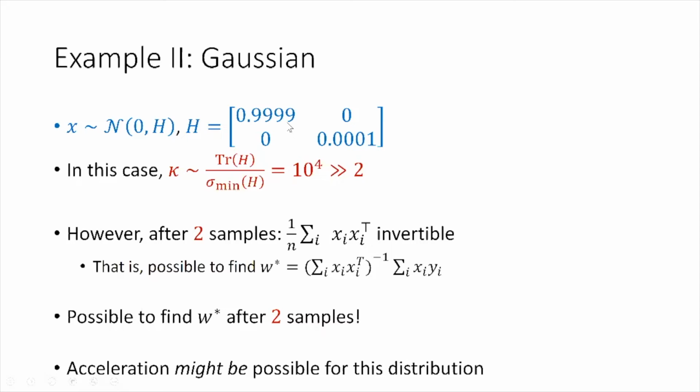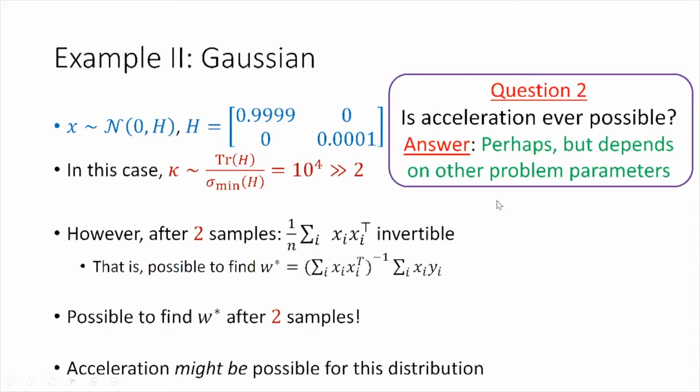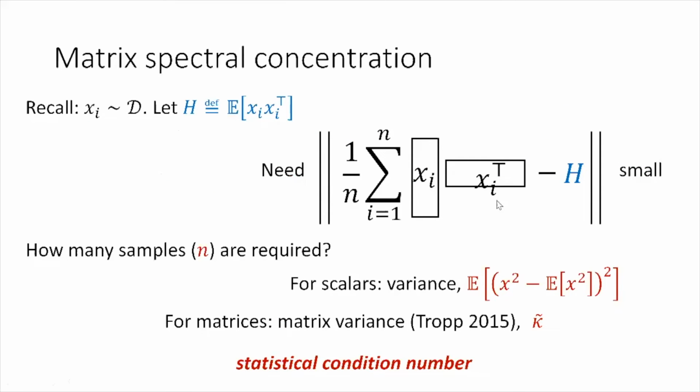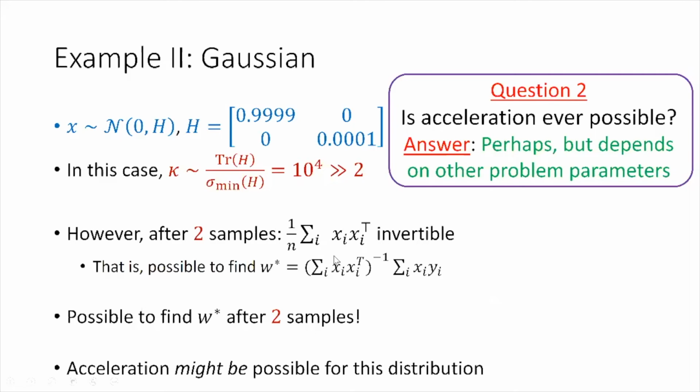Even here, we are getting only uniform samples from the distribution, but the distribution here is Gaussian. So the answer to the second question is that acceleration might be possible under some settings, but it does depend on other problem parameters, right? When we dig deeper into the information theoretic quantity that can help us achieve faster convergence of the underlying parameter, we see that the key difference between the previous and this setting is that the empirical covariance matrix here concentrates